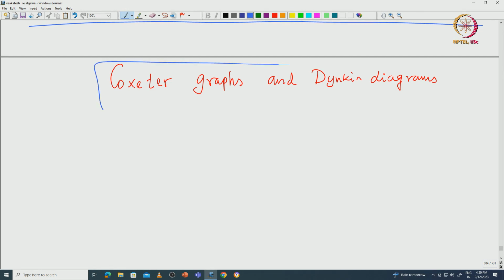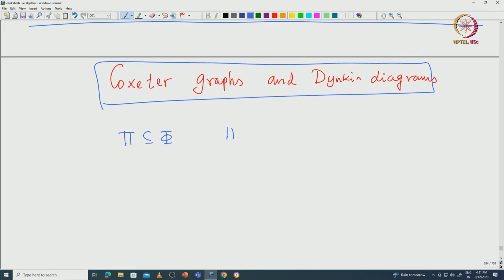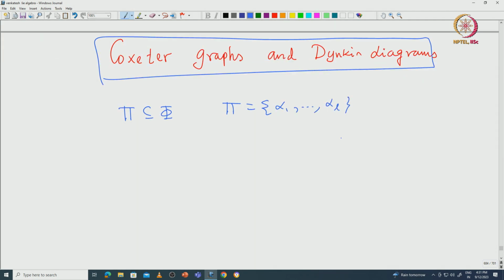Okay. So, here is the definition. Again, what we do is we start with this Cartan matrix. In particular, we take your base pi, which is sitting inside phi, and then you label it as alpha 1 through alpha L. So, note that given two distinct roots, if alpha and beta are both distinct positive roots,